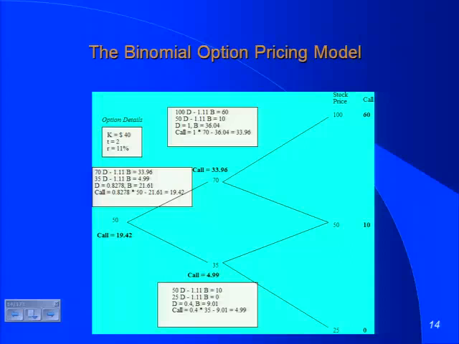I come to you with a call option with a strike price of 40, expiring at t equal to 2, and tell you the riskless rate is 11%. So I want you to price that option. So that's your task. You know where you are right now. The stock is 50. You have a call option with a strike price of 40. What's the minimum price that the call option has to trade at right now?